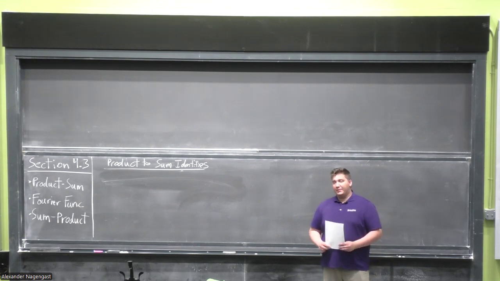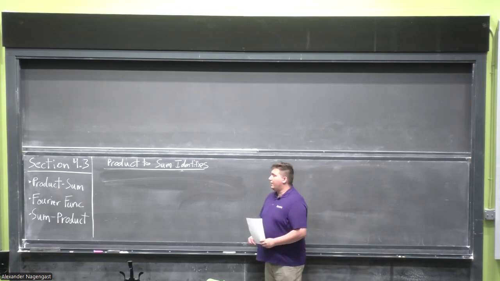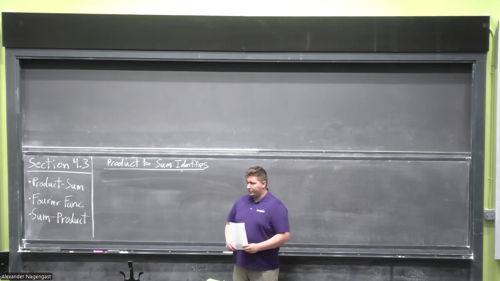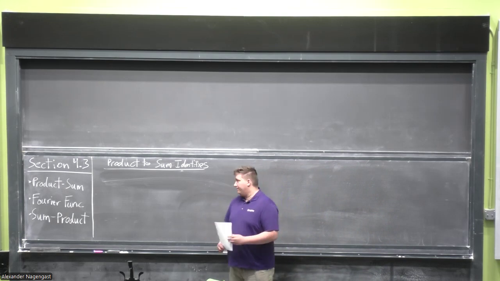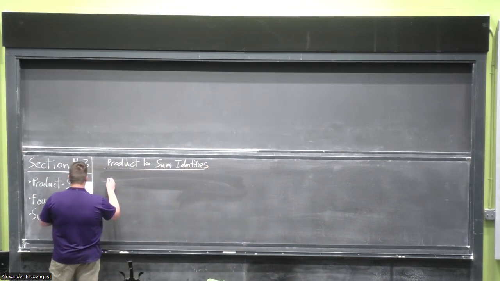Welcome. Today we'll be discussing section 4.3. Topics include product to sum identities, Fourier functions, as well as sum to product identities. So to start with product to sum, we have three cases of